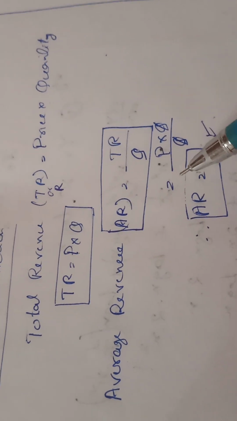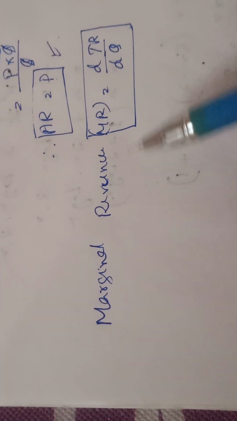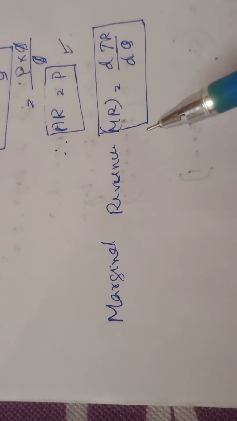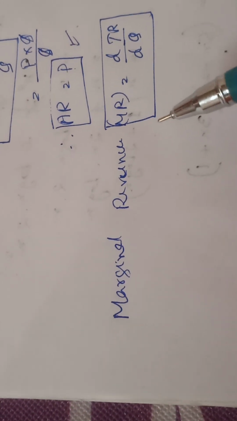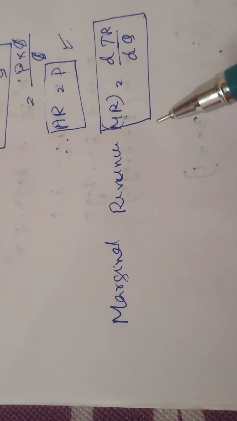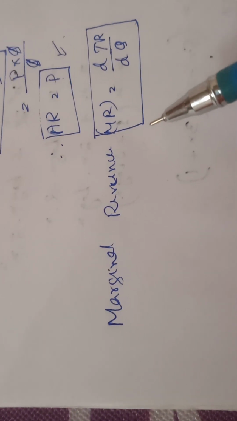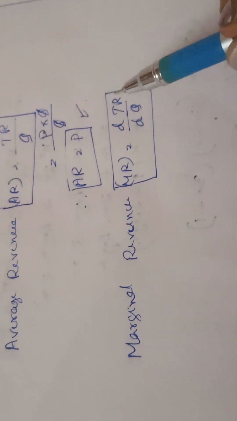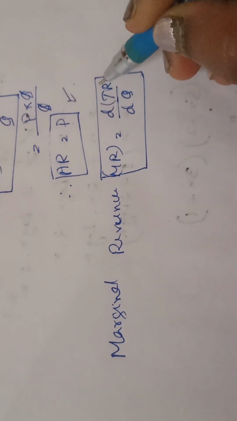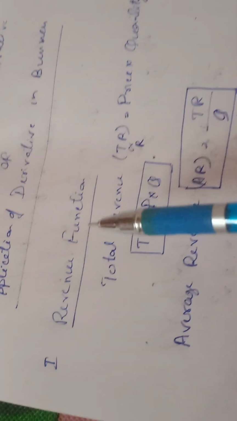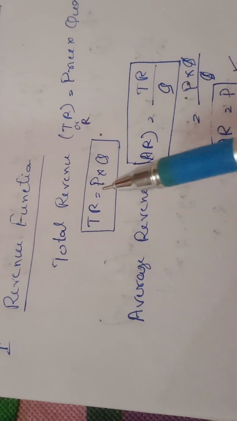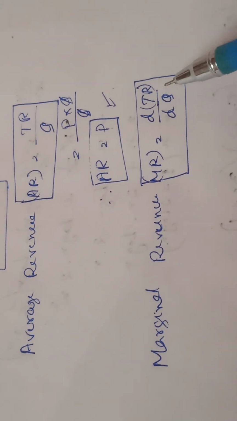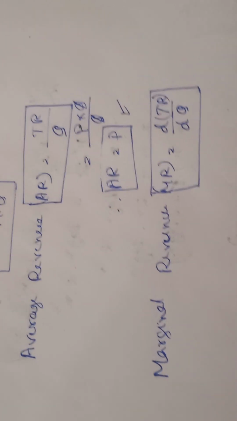Till now we have not used the derivative. Derivation comes when we have to calculate the marginal function, or marginal revenue. Marginal revenue is the addition to the total revenue for an additional unit of sale. So marginal revenue MR is d/dQ of TR. We have to take the derivative of TR. टोटल रेवेन्यू में जो भी फंक्शन दिया होगा या फिर मिलेगा, उसका हम अगर डेरिवेटिव निकालेंगे तो वो हो गया हमारा मार्जिनल रेवेन्यू.